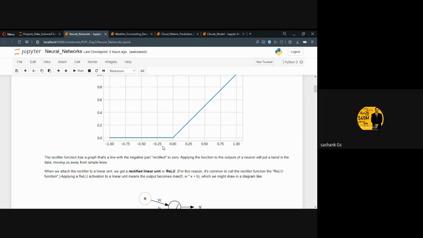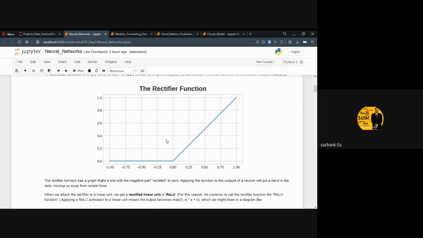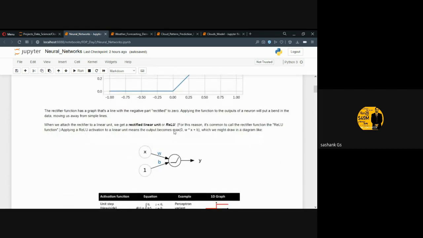The rectifier function has a graph that's a line with a negative part. What it does is that if any data is negative or lies below 0, it's going to classify it as 0, and anything above 0 is going to follow the graph. So we are taking the max between the two values, and it's muting out the negative values, the values below 0. So when we attach the rectifier to a linear unit, we get a rectified linear unit, or